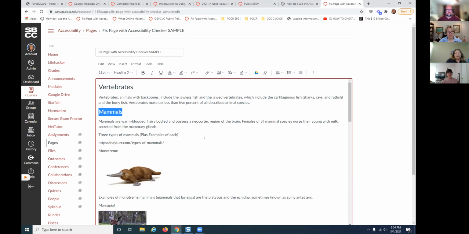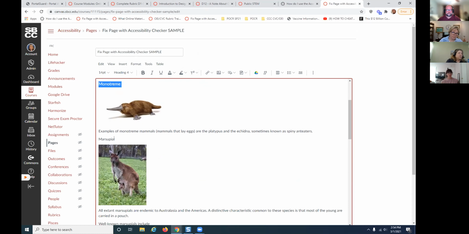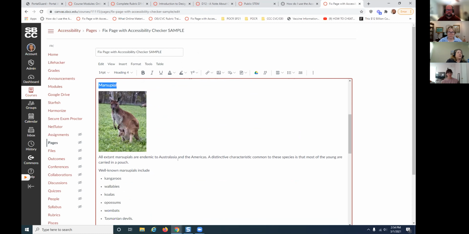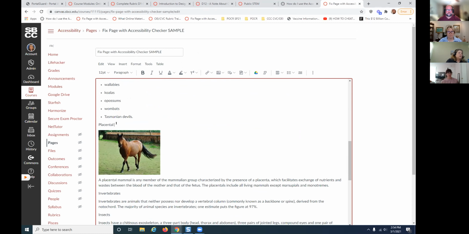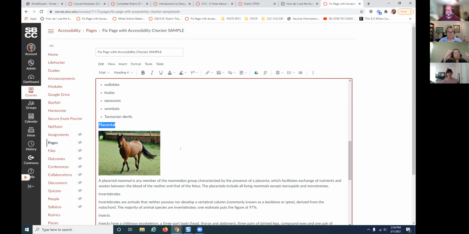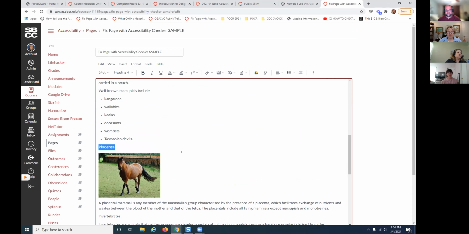Okay, so here's mammals. And then let me look down here. This will be a topic underneath mammals. And so this is going to be an H4. Okay, and marsupials will also be a subtopic. So I am going to make it an H4. Okay, and this here is an H4, and I don't have to go through all of these, but you can see basically what I'm